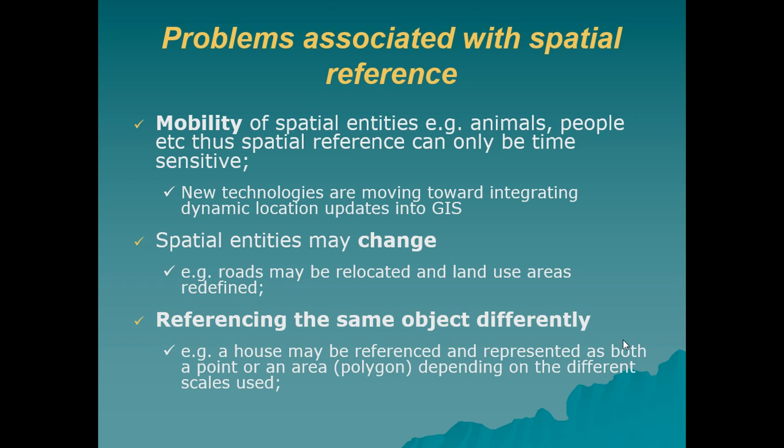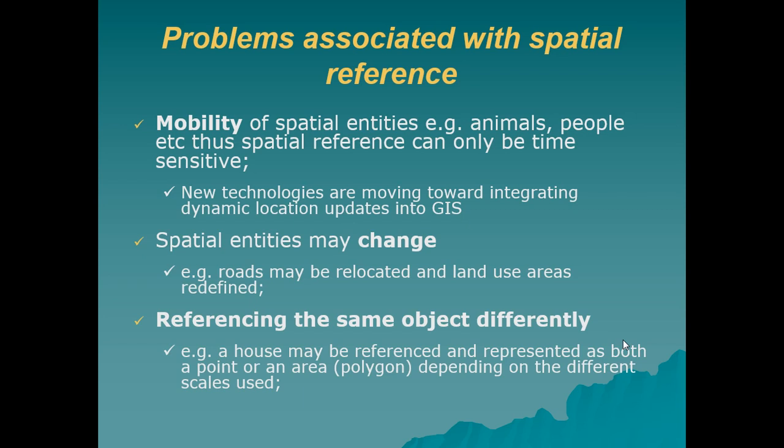For example, how do you locate animals, people, etc.? Now we do have new technologies that are moving very quickly towards allowing integration of dynamic location updates into GIS. Those technologies have been allowing us to do that. For example, the police and national security would have technologies that allow you to do things like vehicle tracking,